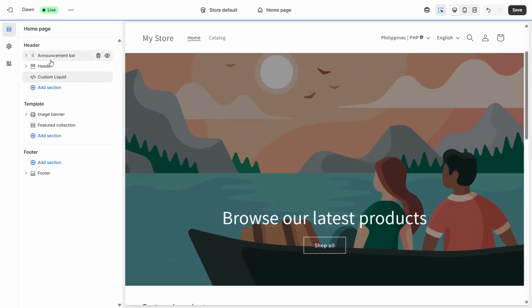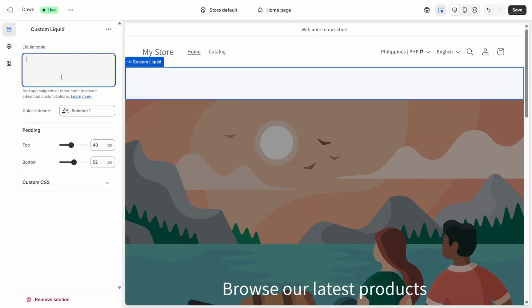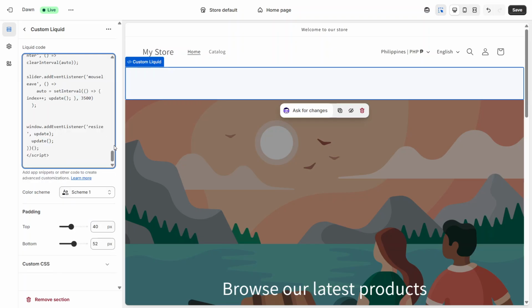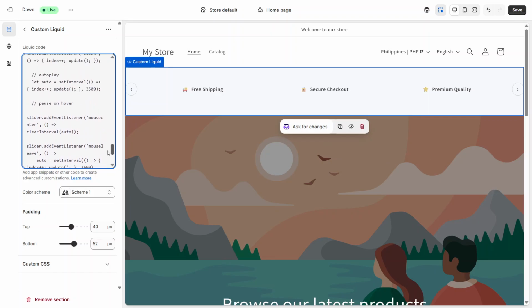Click on the Custom Liquid section and a new block will appear, along with a large text box where you can paste code. This is where you'll add the slider code. Carefully copy and paste the full code provided in the video. Because it's a long snippet, feel free to pause the video so you can clearly see every part and avoid